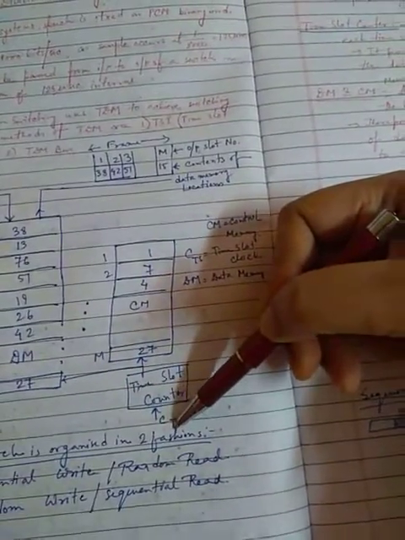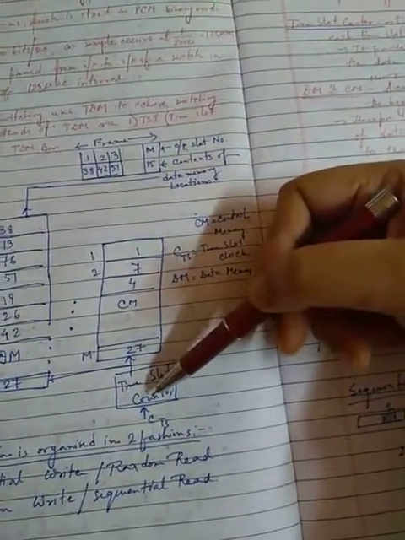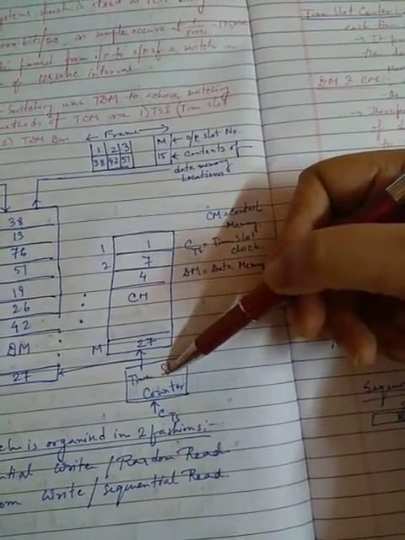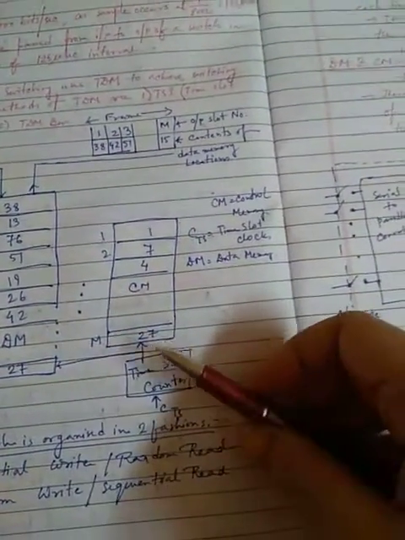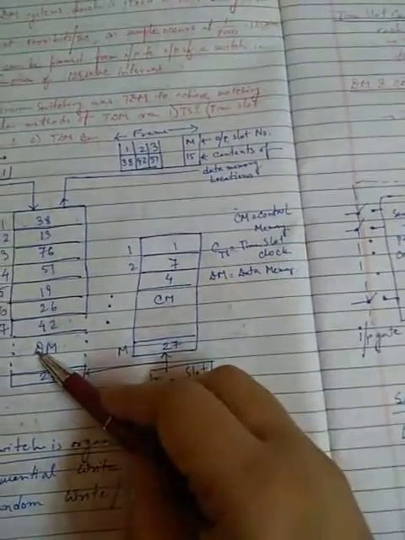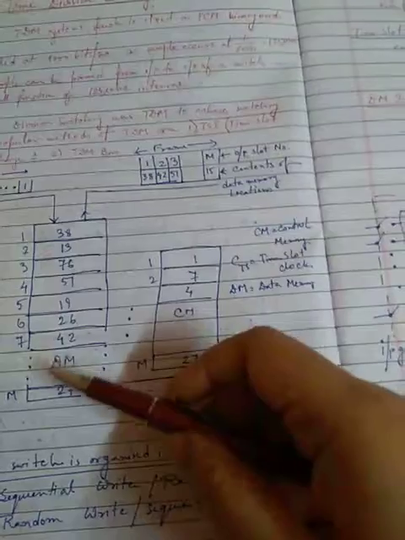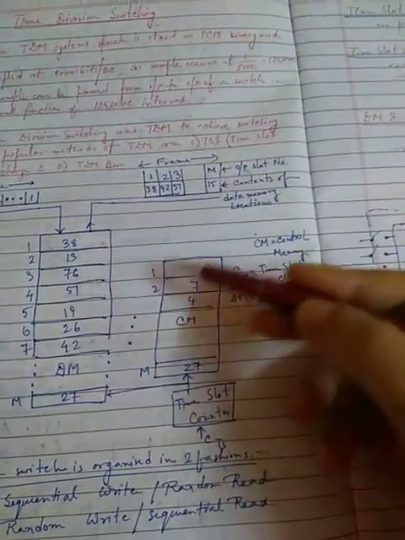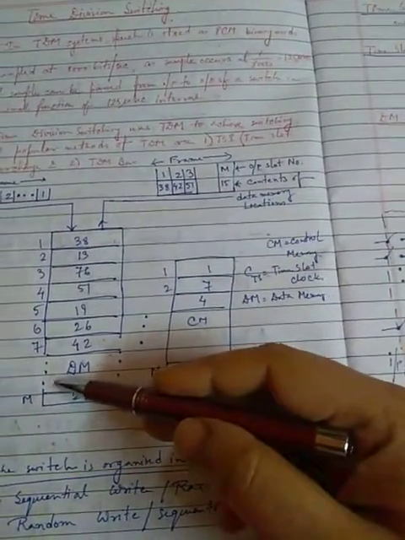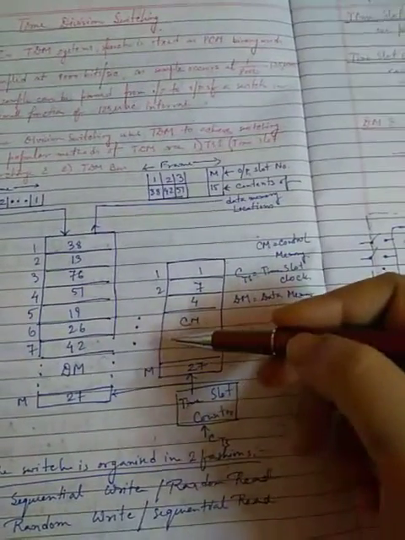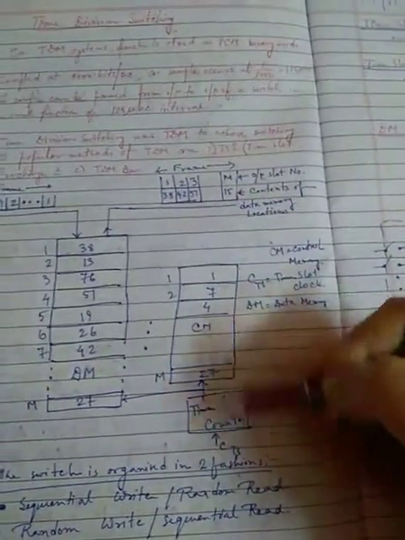So this CTS will be running this counter, and that counter will be incremented by 1 at the end of each time slot, and it provides the location address for the data memory and the control memory. So how are this data memory and control memory accessed? These memory accesses take place simultaneously at the beginning of the time slot only.